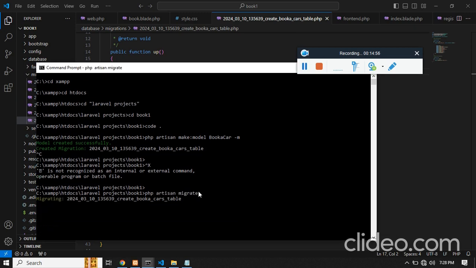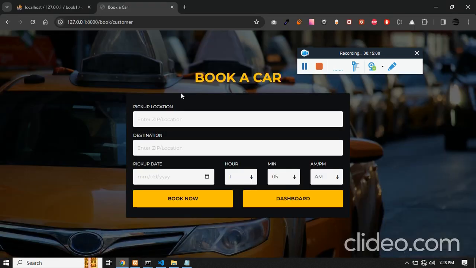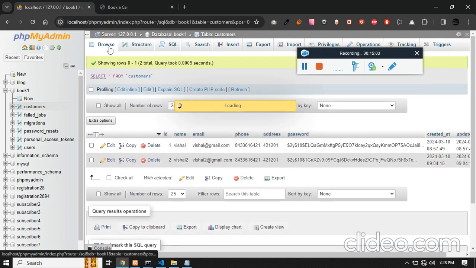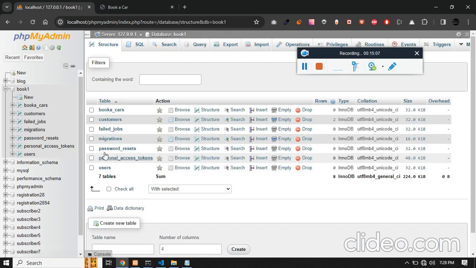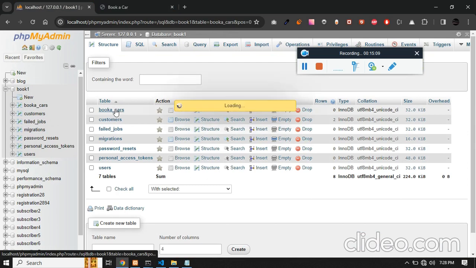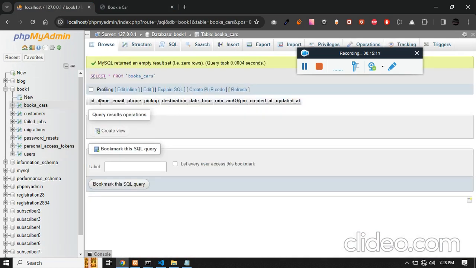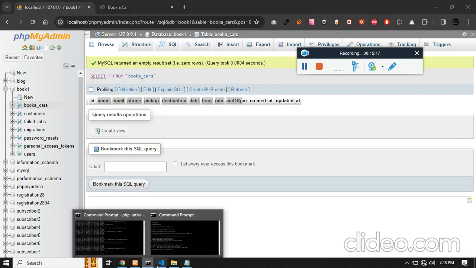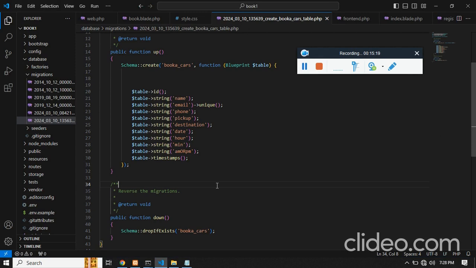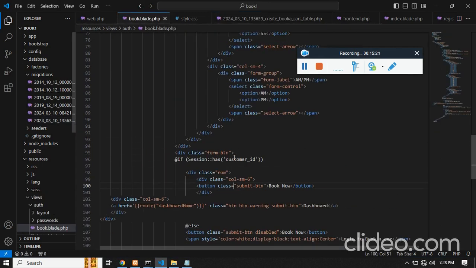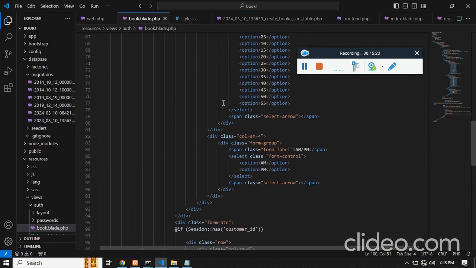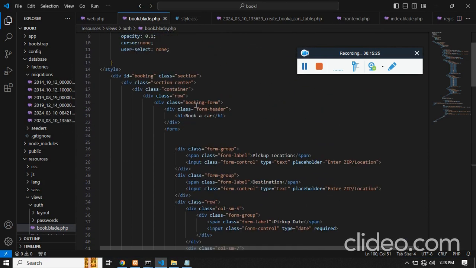Then it will look for the table which is not yet created. It will create only that table. So it says it's done. Let's just get into the book1 database, and you will find a new table called book a car, and we have the relevant columns which we have updated. Now we need to create a controller, or simply we can use the same controller called front end over here,